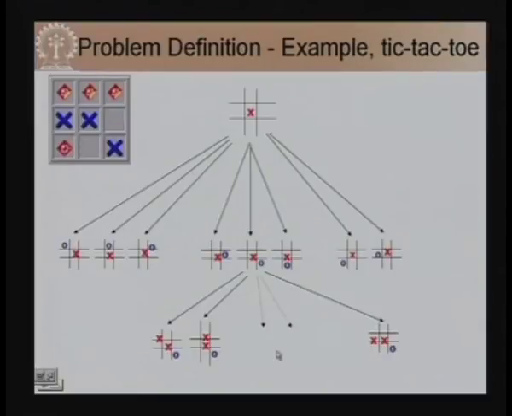Okay. So, this way we can take the tic-tac-toe problem and represent it as a state space, representing each state by the position of the knots and the crosses. We can say the current operator is either cross or knot, depending on whose turn it is to move, whether it is an odd level move or an even level move, and the cross or the knot can be placed in a blank location.